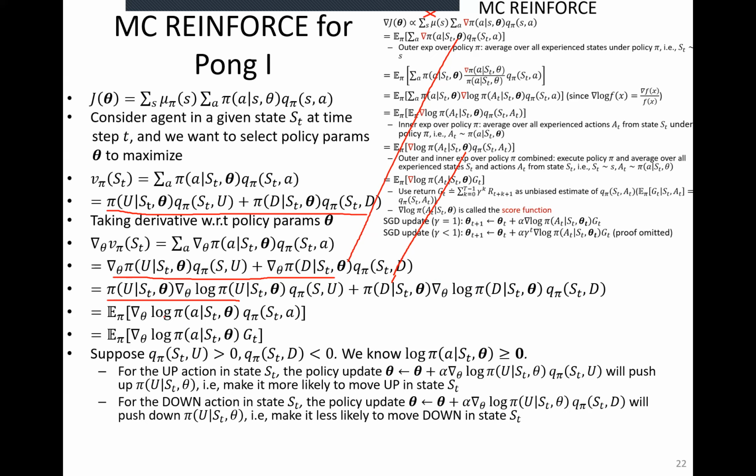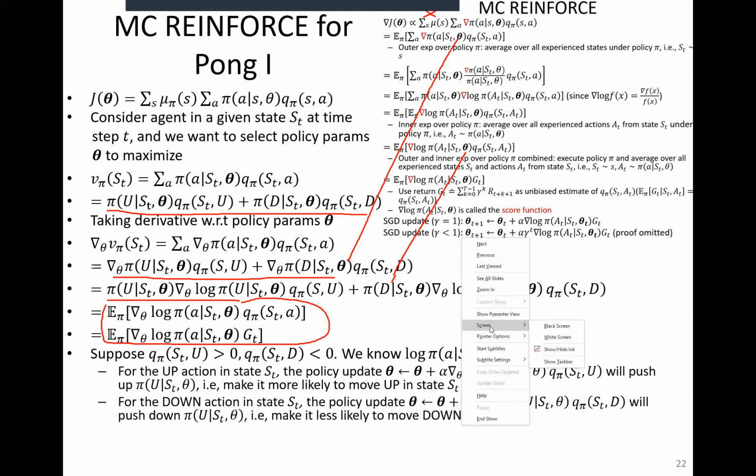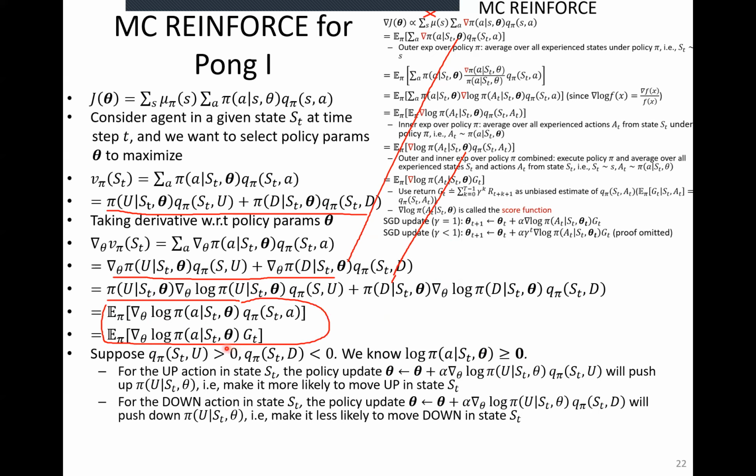And then written in this general form, these two terms are equivalent. So suppose that q pi s_t u is positive, q pi s_t d is negative. So suppose we lost the game if you take the down action in state s_t. In this episode, we lost the game. But if you took the up action in the state s_t, in the other episode, we won the